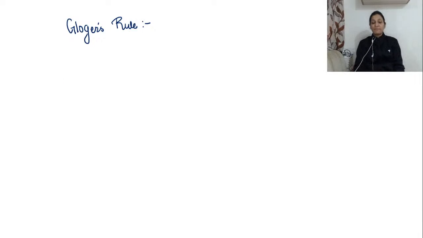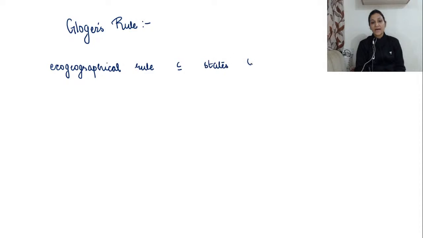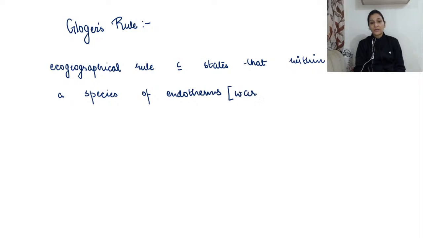So in simple layman's language, Gloger's rule is an eco-geographical rule which states that within a species of endotherms, those who are warm-blooded individuals, those who can regulate their own body temperature,